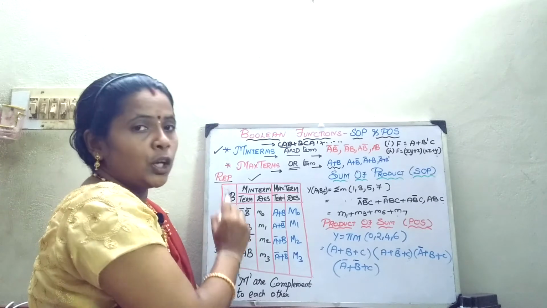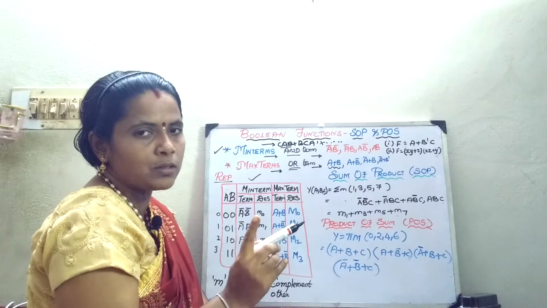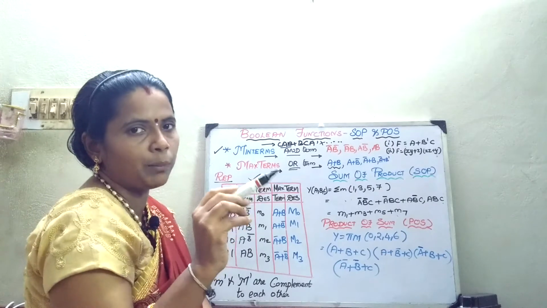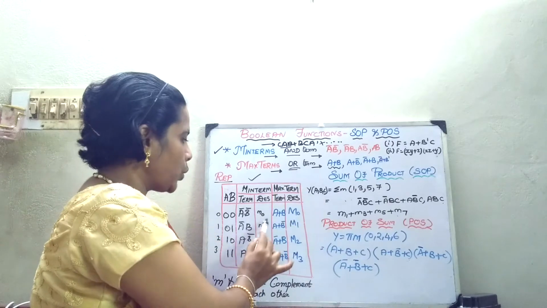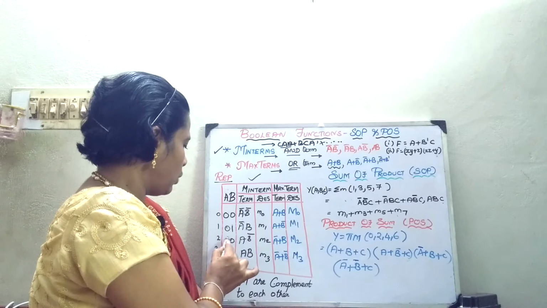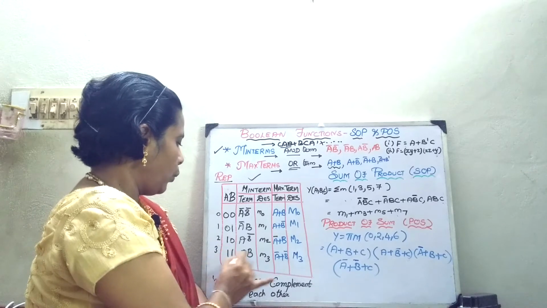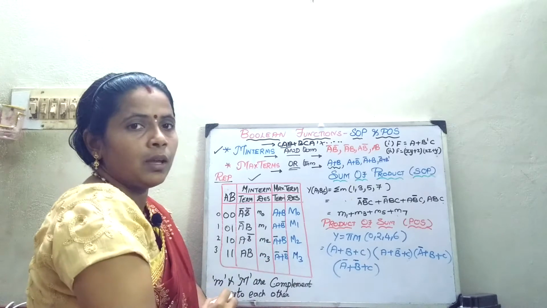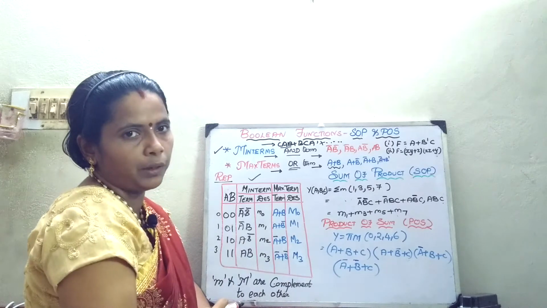0, 0 means you should express as 1, that is the complemented form, and in the normal form, if the variable is going to have 1, then you will represent it as A bar. So for 0, 0 you should write in terms of the OR variable, so A plus B. Suppose for 1, 0, first you put A plus B in one place, here only 1 is there, so you put a bar here. Now 1, 1 is there, how will you write? First you write A plus B and leave it, 1, 1 is there, so you put a bar. And they are designated as M0, M1, M2 and M3, capital letters.